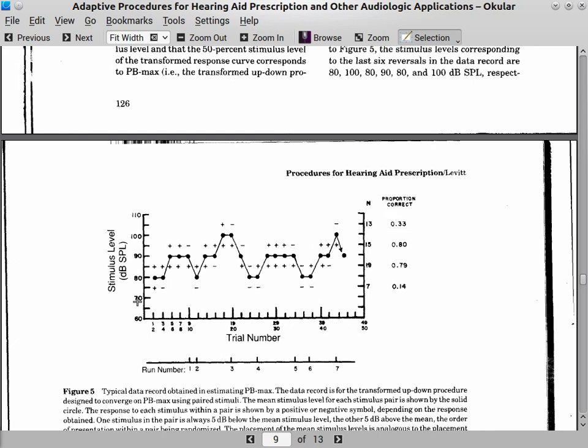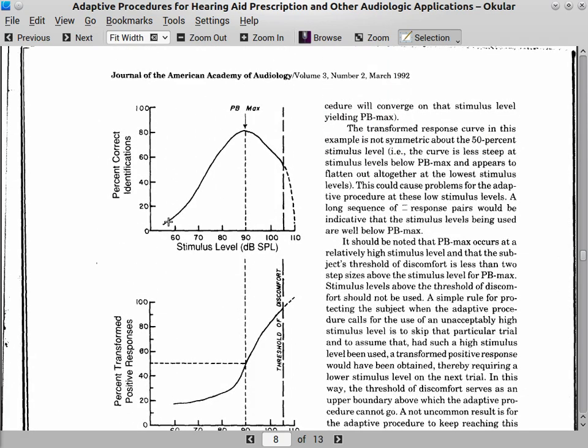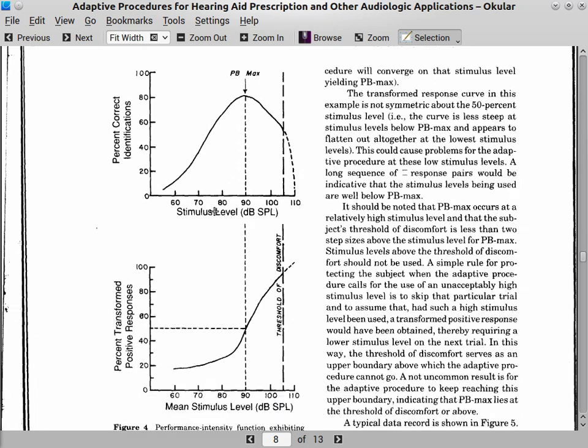So when I'm saying negative, positive, what we're doing is presenting two words. And he didn't specifically say this, but that was my impression, is that say you've got a PB list, or a phonetically balanced word list, and you present, you're looking for a certain pattern, right? What we should see with the psychometric function, let me go up here, we should see that higher intensity levels are going to produce a greater percent of correct responses compared to lower intensity levels, okay? So what we're looking for here,